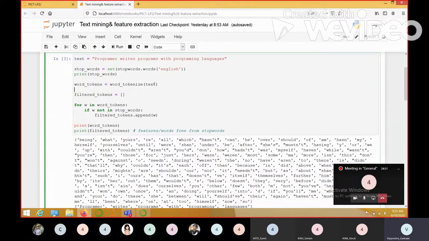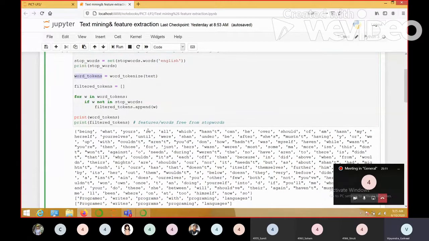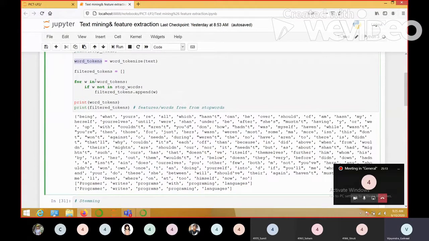Fine. So we have tokenized our text by using the word tokenizer class that we have imported. We have passed our text to word_tokenize, and whatever is the output, we have stored it in word_tokens. Now, we have taken an empty list, filtered_tokens, to store the stop word eliminated text words.